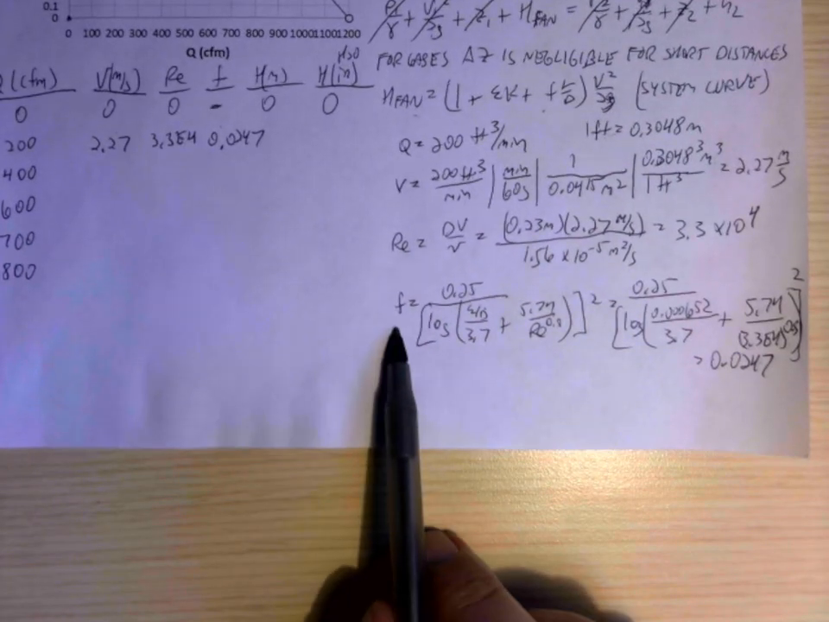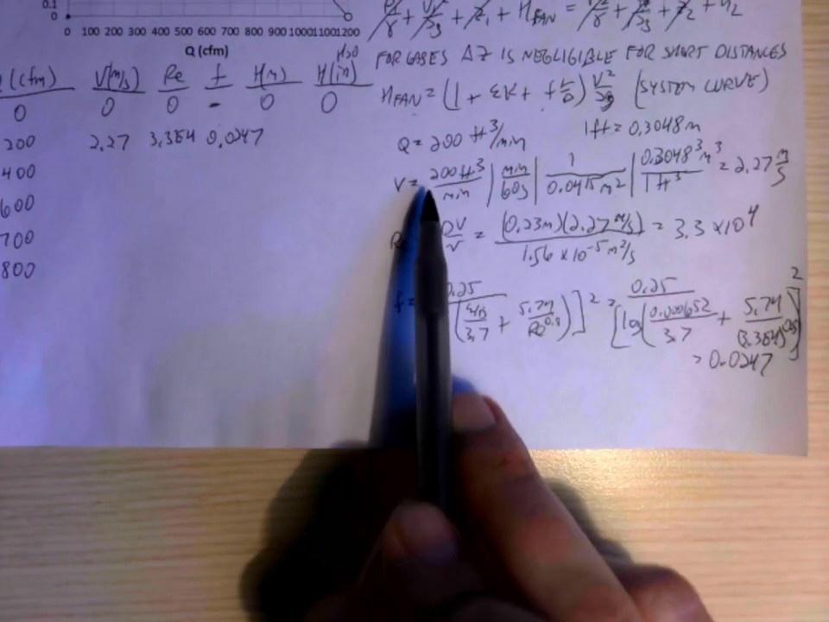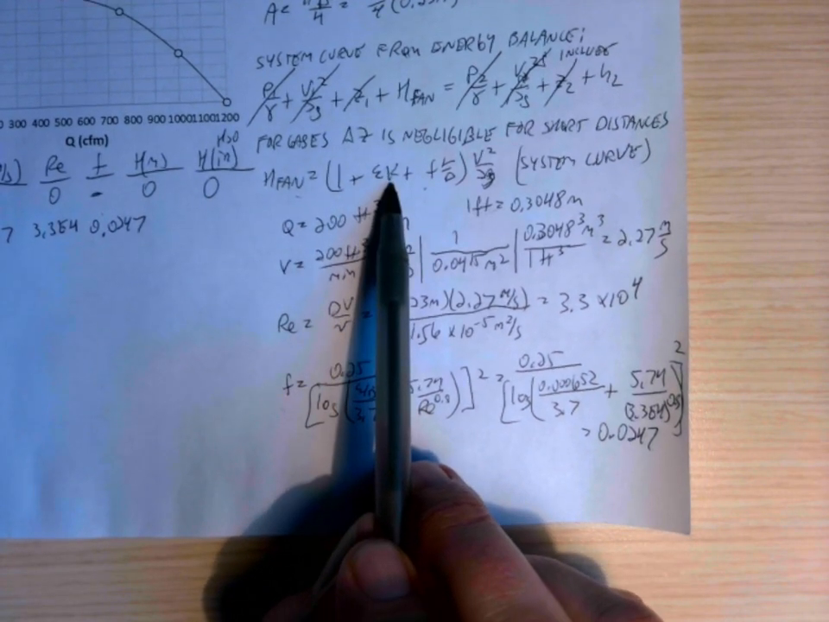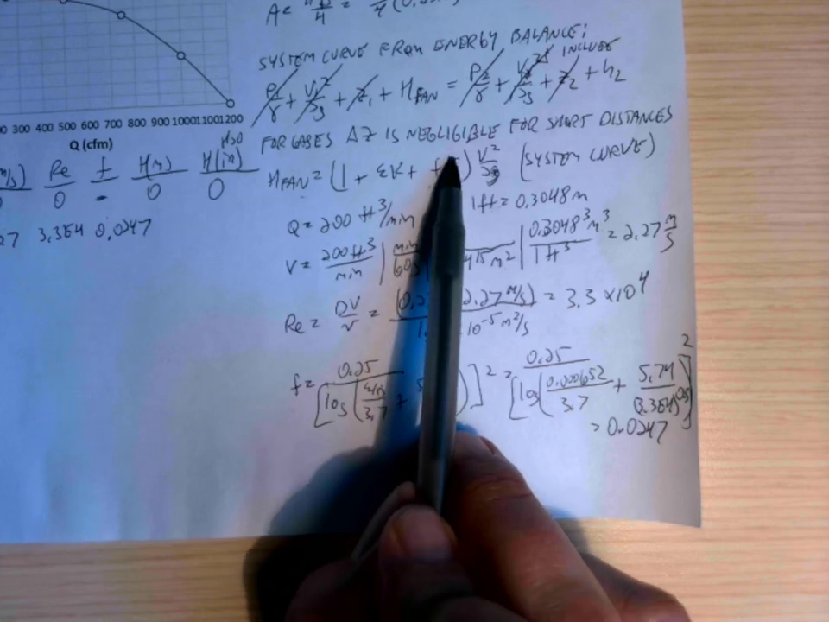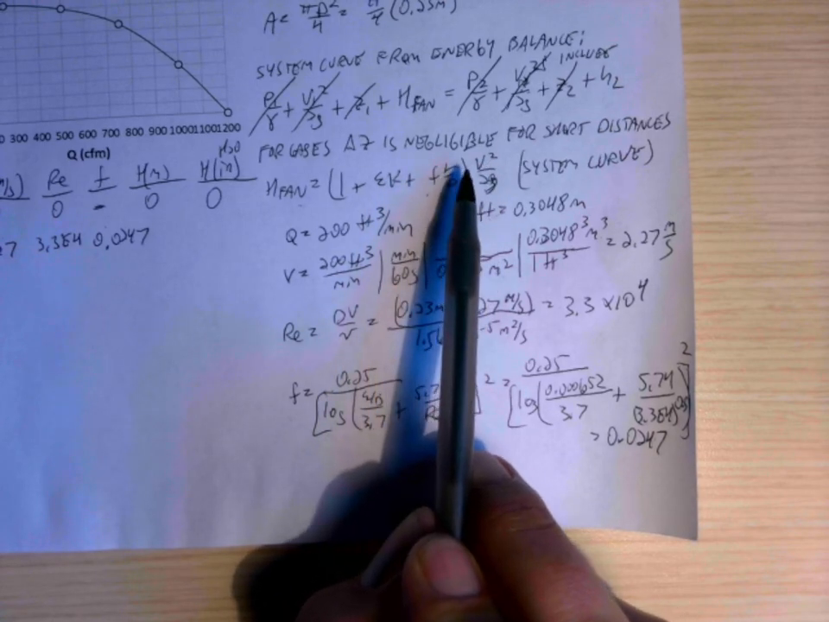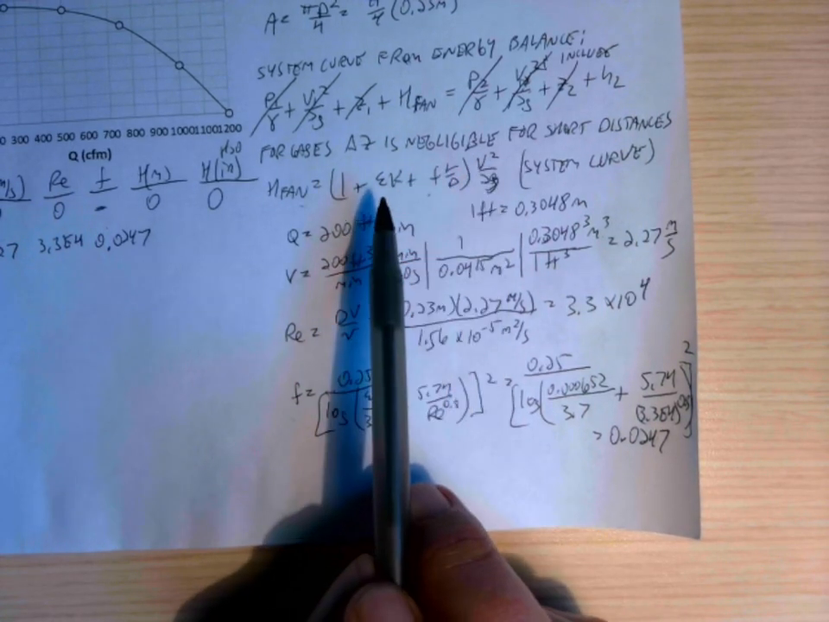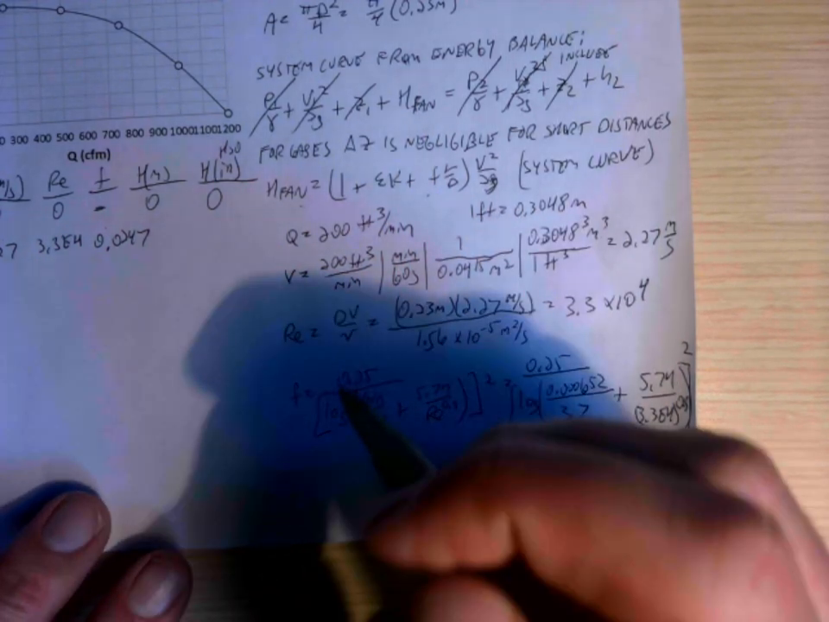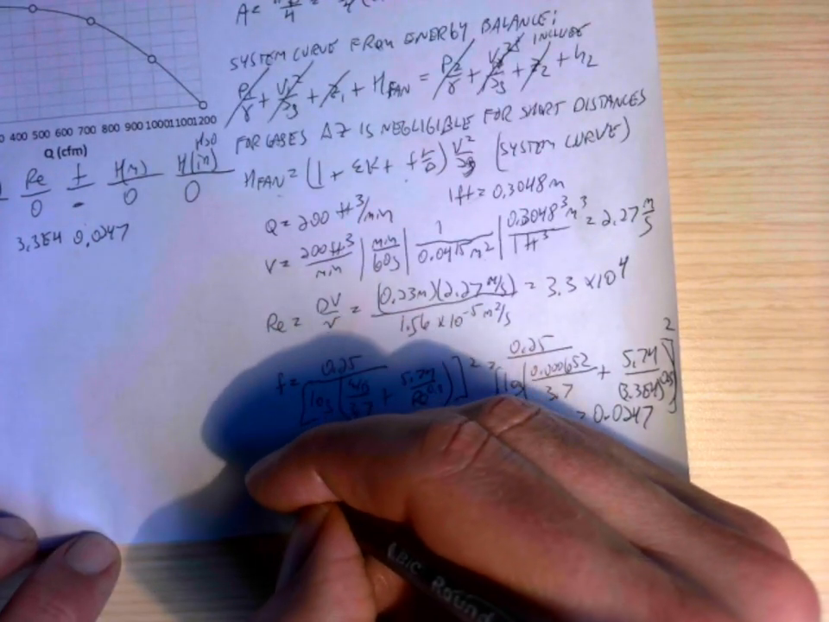So now I've got the friction factor and I've got V, and for my system curve up here I've got my sum of the K's and I've got L and D. I've got G, so I need V and F. As Q changes, those two things are going to change, and now I've got V and now I've got F, so I can plug that in. And so we get H fan